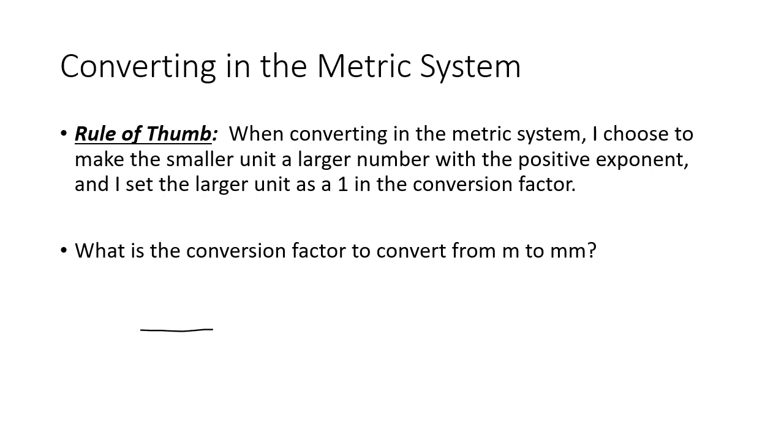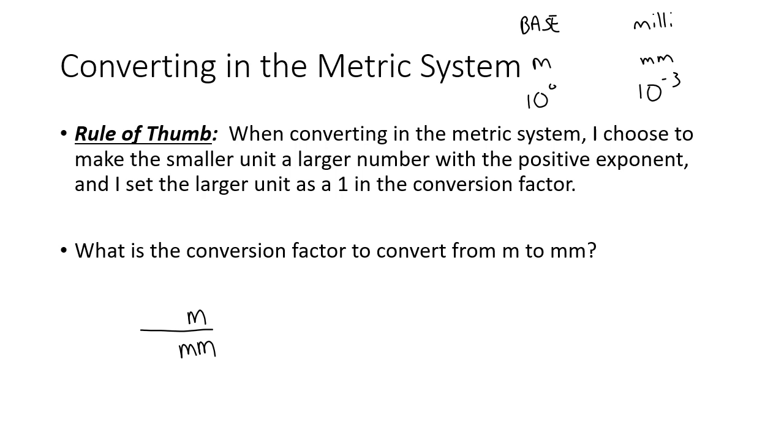So what I would do, we're going to write a meter to millimeter conversion. If I look at the metric prefixes, what we're going to notice is that there is a base unit. In this case, the base is going to be the meter because the meter doesn't have any prefix written in front of it. That's going to be what I refer to as 10 to the 0 power, which is essentially 1. And then over here is the milli. That's the mm. That's 10 to the negative 3